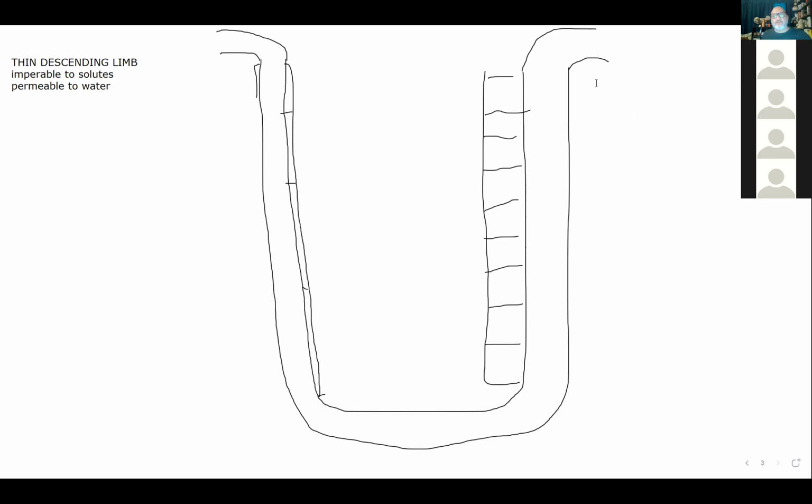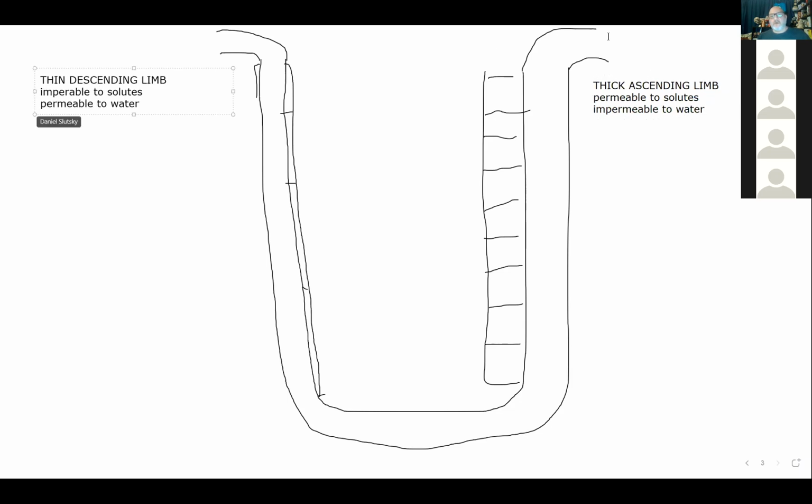Whereas over here, we have our thick ascending limb. And as we mentioned, it is permeable to solutes, but it is impermeable to water. This is our distal convoluted tubule up here, and this is our proximal convoluted tubule here. And let's, of course, assume that this is a